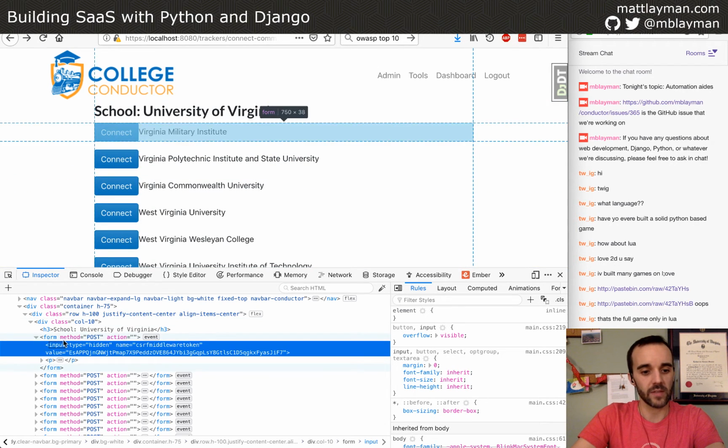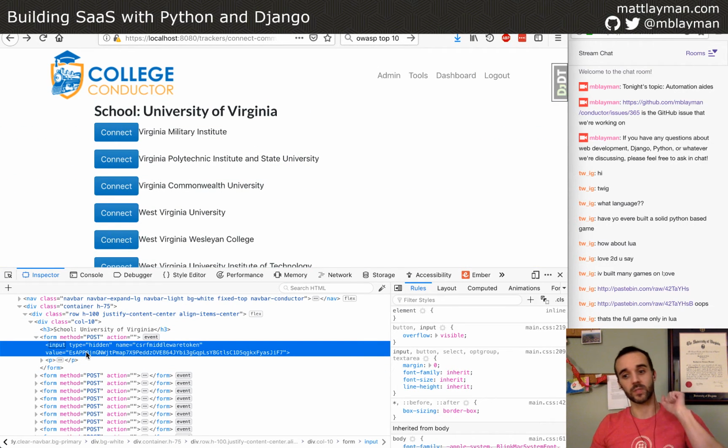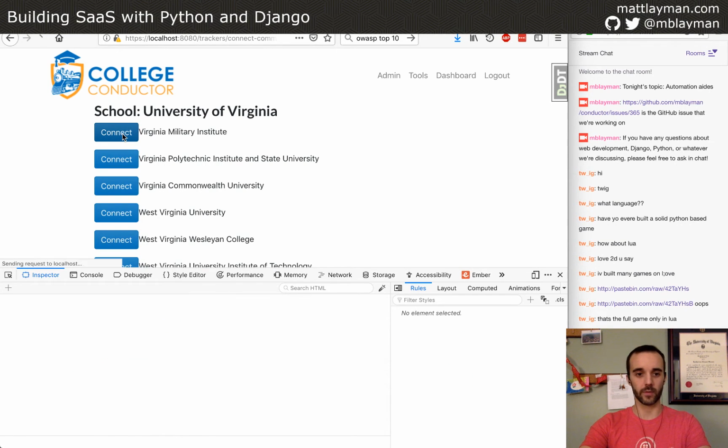So just by having this as one of the input types, when we submit our data to Django, Django is going to look for this CSRF token, and if it's present, it will validate it against some information in the backend that it cares about. And if it validates properly, it'll allow the post to continue. So let's try this again. I believe this will still fail, but I believe it will be for a different reason.